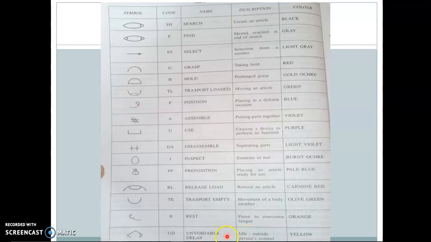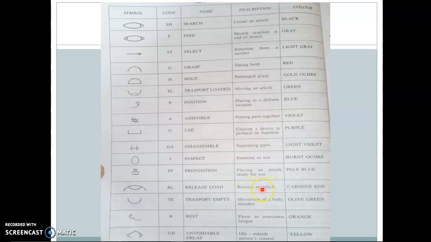If there is an unavoidable delay, that is idleness of a machine or worker, at that time we can record this activity by using the code UD or this symbol. If there is a rest for fatigue of the workers, to record that activity we can use the code R. If there is an activity or movement of a body member, that operation is recorded as transport empty.